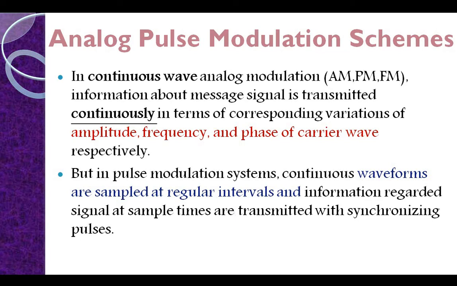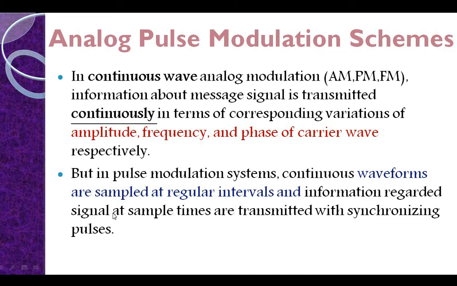What does it mean? You are converting the continuous waveform into discrete, you are dividing. To divide that, we are sampling, that is nothing but sampling the signal at some regular intervals. If I have 10 minutes, and I divide my message signal into one pulse per 2 minutes, in 10 minutes I'll send 5 signals, for each and every time period. After 2 minutes again 1 pulse, after 2 minutes again 1 pulse.